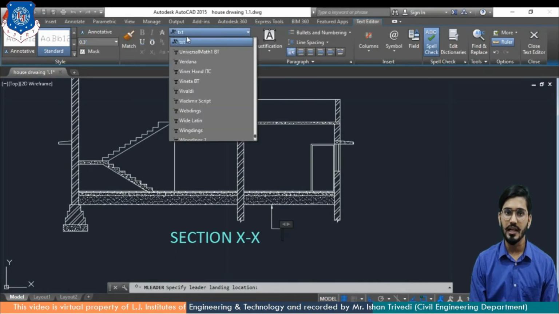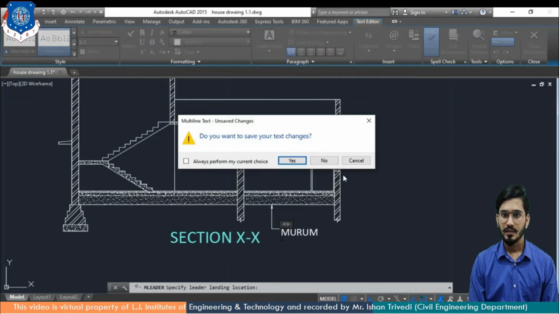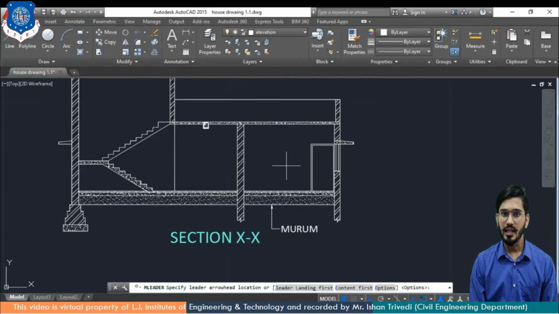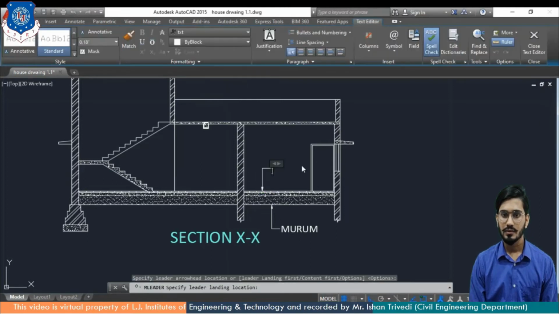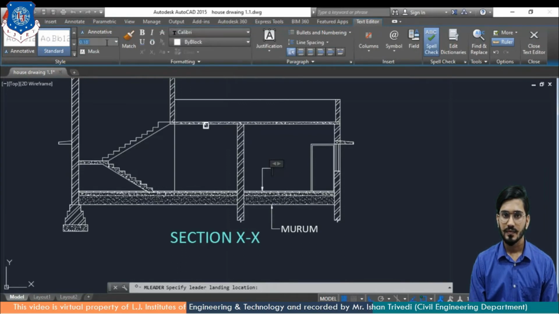I am positioning the height and text as well. I am using the Calibri text and write Muram. Again I will apply M ladder command and write the floor text, that is Calibri. Height is 0.3 inches.